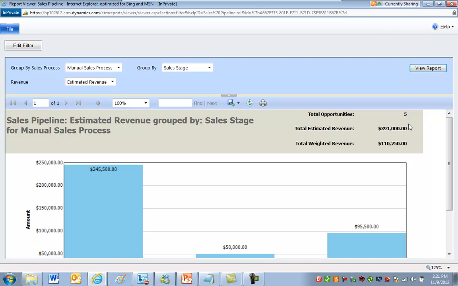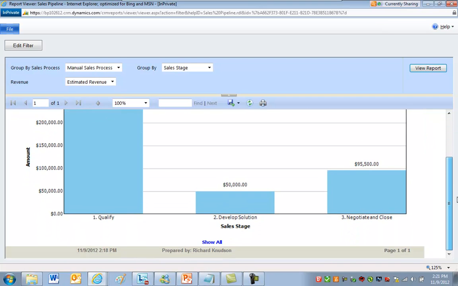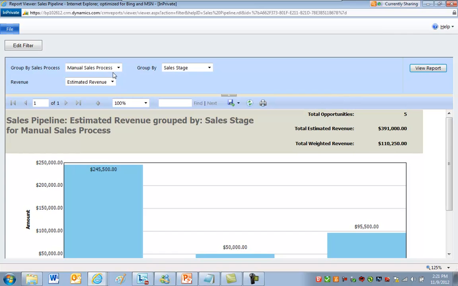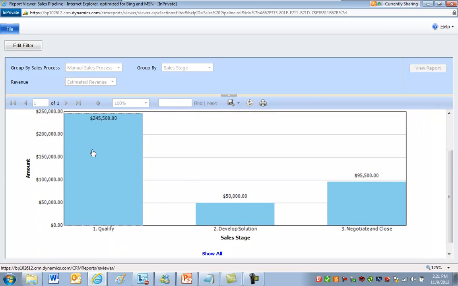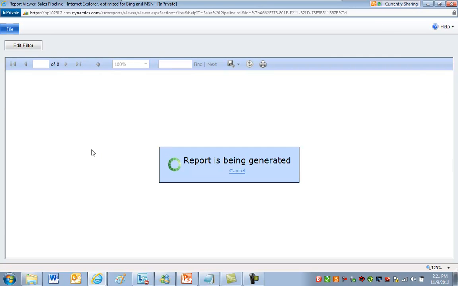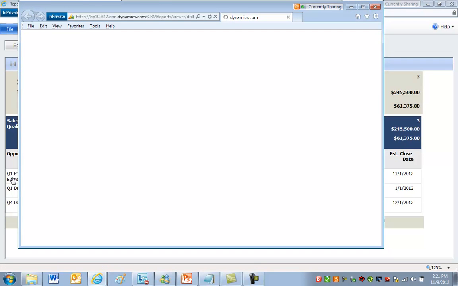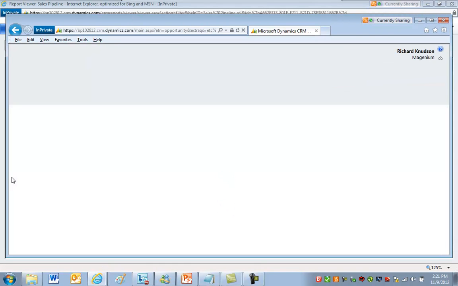Notice it's 391,000, 5 opportunities. These are all the opportunities in the manual sales process that the West guys have been running. So this is a very specific thing about this report. It's actually a pretty good report, right? You can do things like drill down through here, and here's everything that's in the qualify stage. If I open up this record,